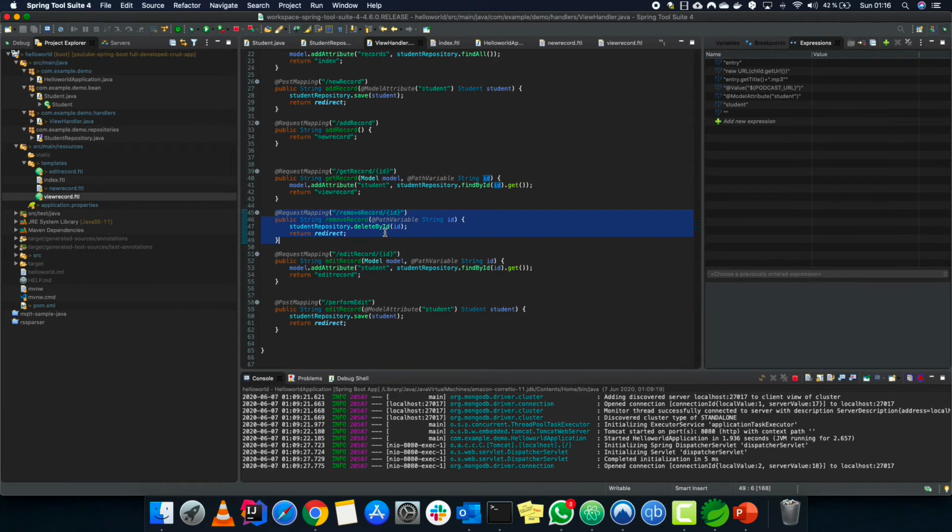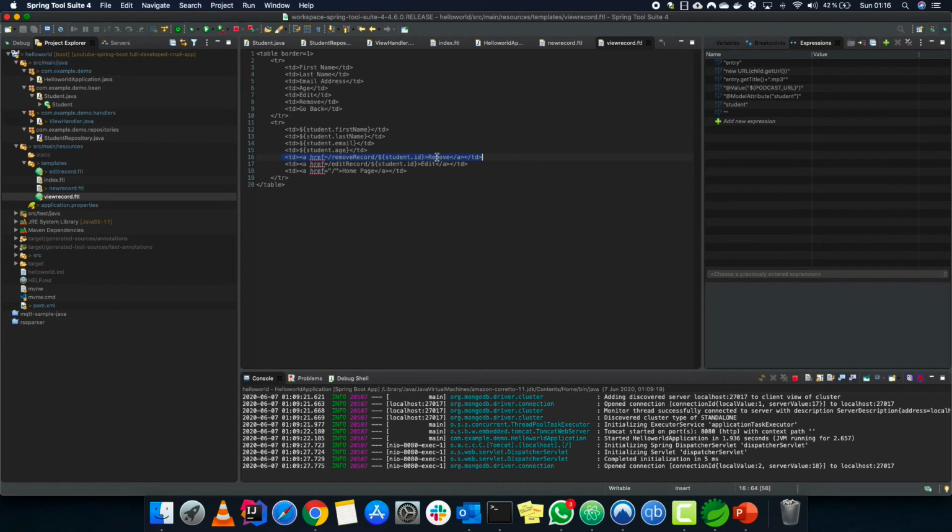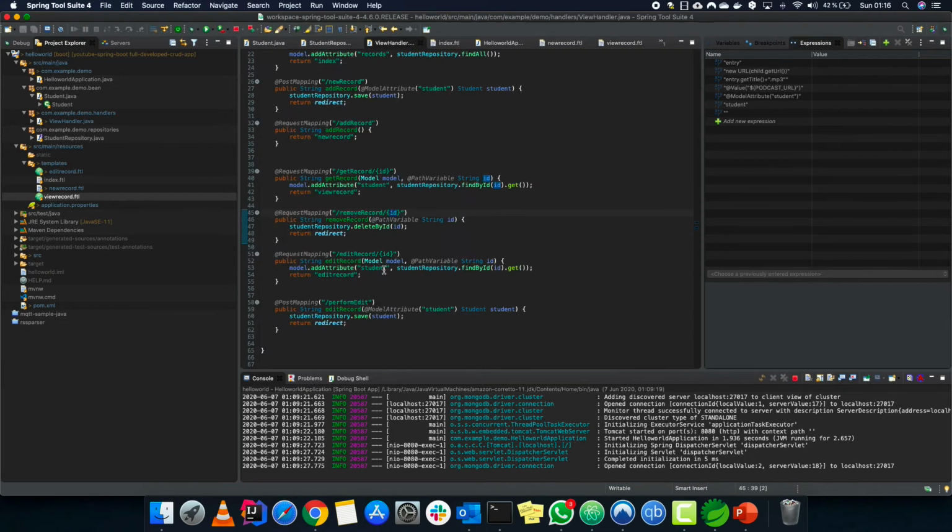So we remove it, and the id of that particular record is passed. So how do you know the id? It is the same. Let's go. So it is a student id. So that student id is passed to that particular variable. We get that value from that particular link mapping. We pass it to the method delete by id.